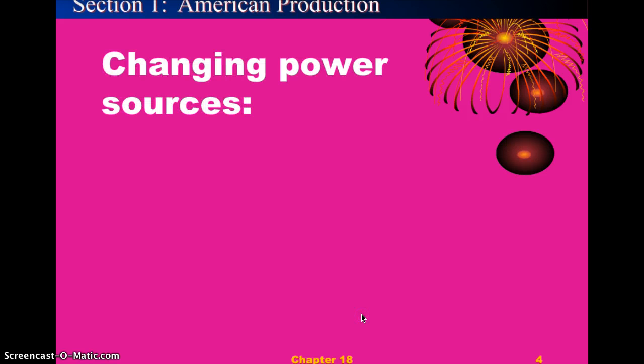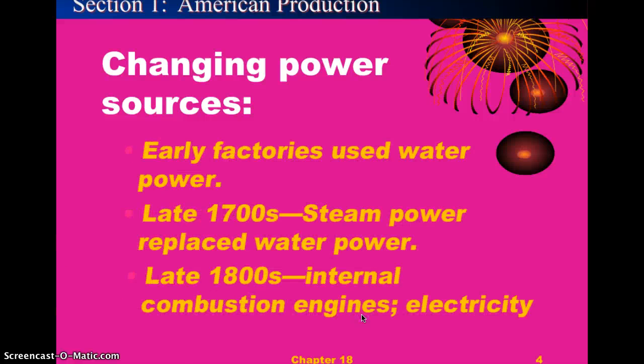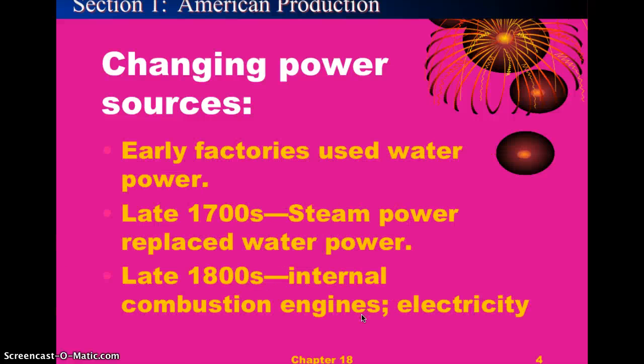Next, we are going to go to changing power sources. Now, if all of this production is going to take place, the factories have to have a power source. And early on, the power source was water. And so what would happen is that some of the earliest and best examples of this were what were called